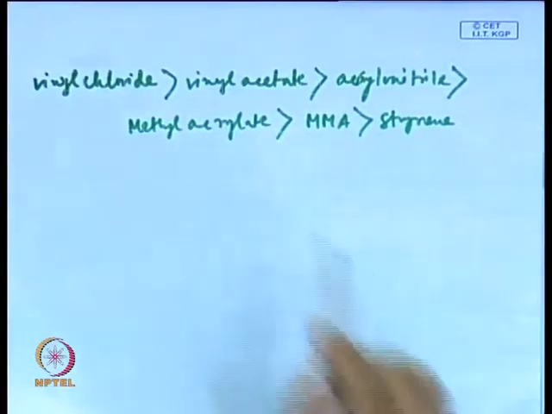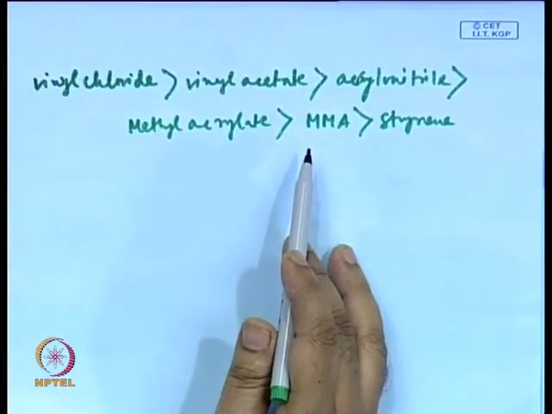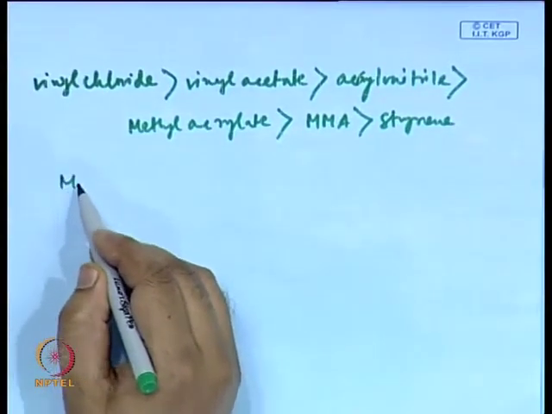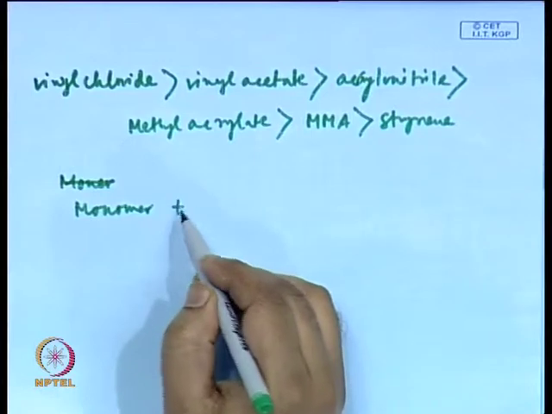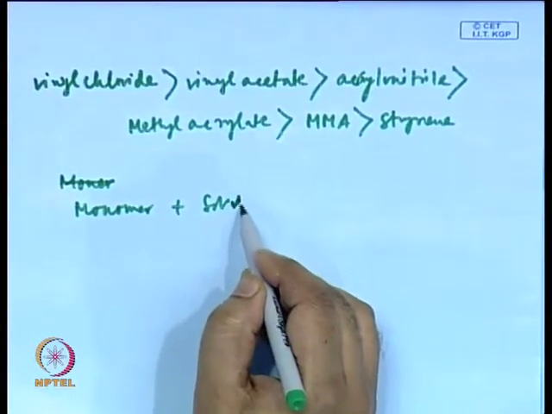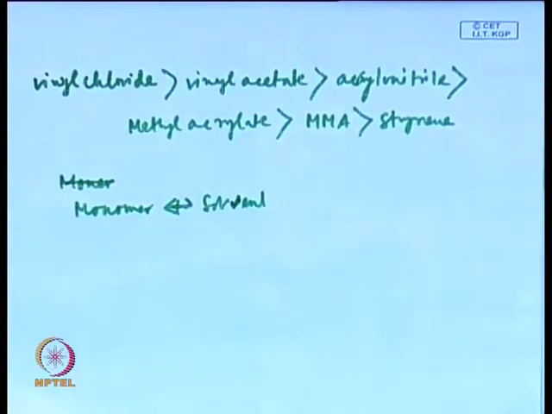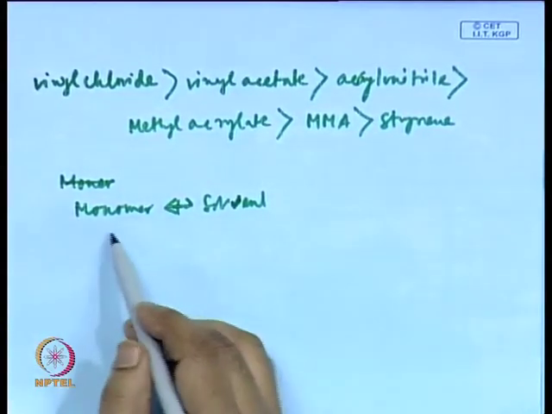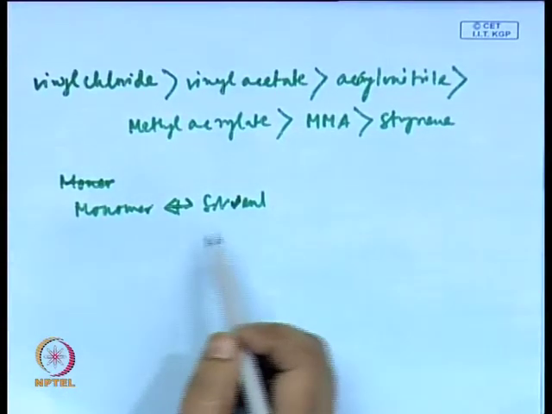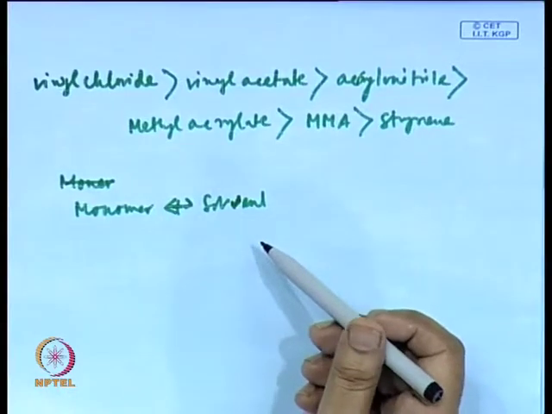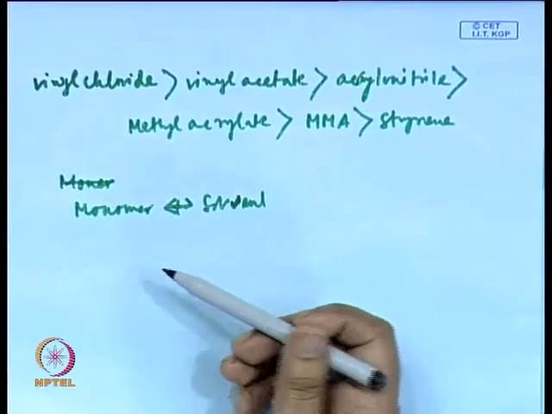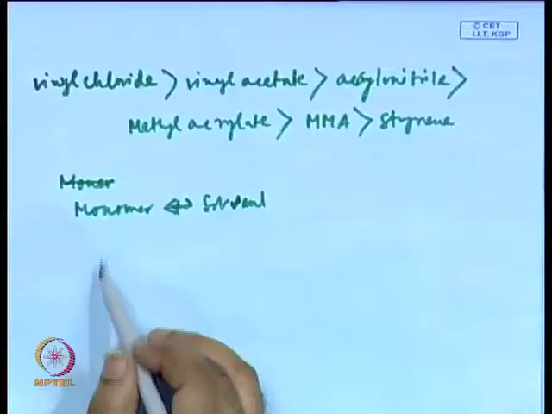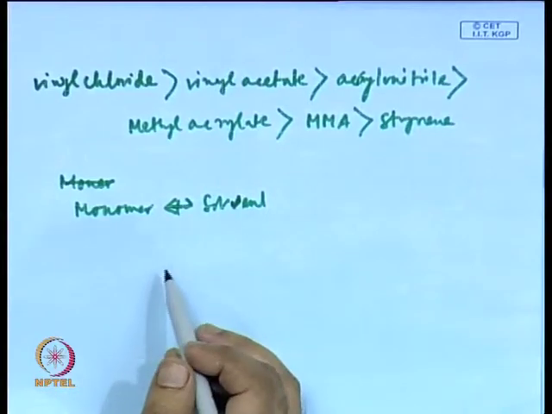Now, this ranking does not hold always. There are cases where there is a specific interaction or affinity between monomer and solvent. If, for example, the monomer is an electron donor, it will have more tendency to react with a solvent which is an electron acceptor, whereas if the monomer is an electron acceptor, it will have a tendency to react with an electron donating solvent. For example, let us compare two monomers and two solvents